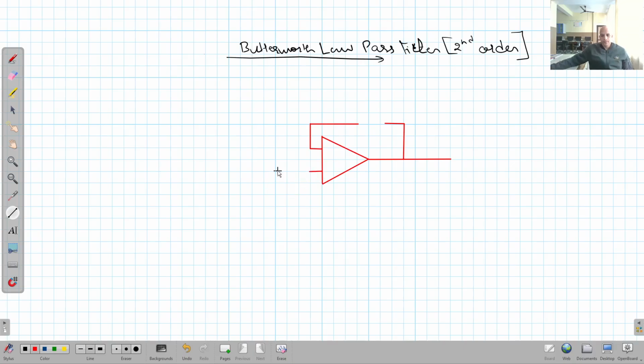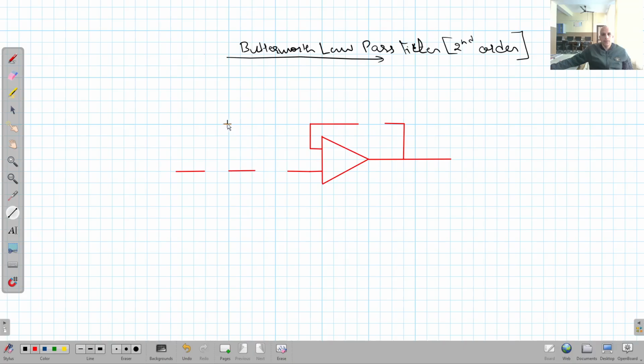So here we will have one resistor, one section, second section,